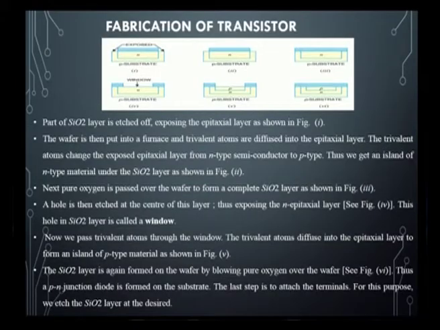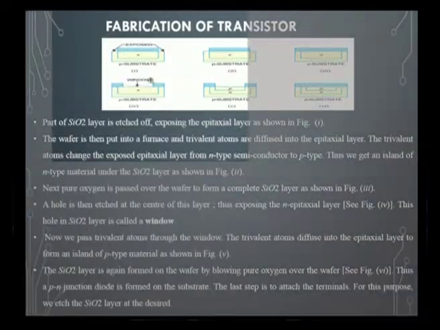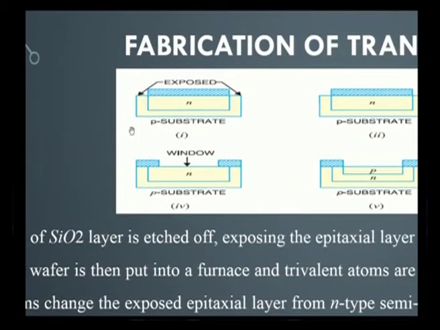The next important thing: we know the different steps involved in monolithic IC fabrication. Now we are going to apply all these steps for fabricating a transistor. How is the transistor formed? The figure shows the formation of a transistor. The very first step is the etching of the silicon dioxide layer.